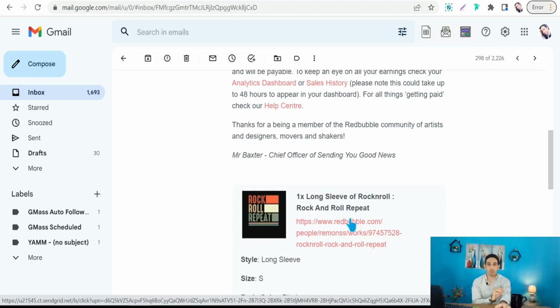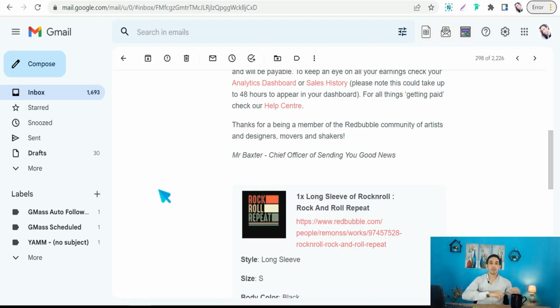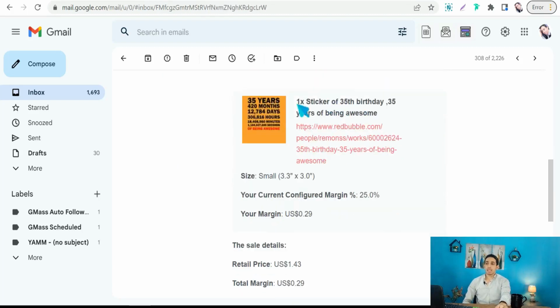And of course, you can make your designs even for private celebrations and parties like anniversaries, birthdays, like birthday for sister, brother, dad, mom, birthday for grandpa, grandma, and so on. Like this amazing design, this one, a sticker of 35th birthday, 35 years of being awesome. Okay,